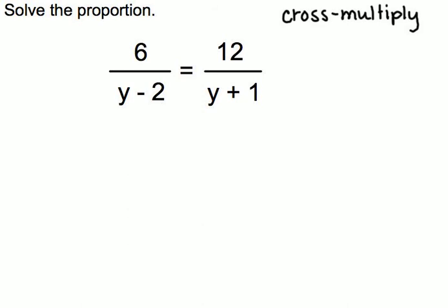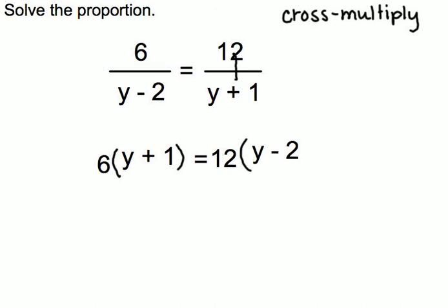And so I'm going to take a 6 and I'm going to multiply it by y plus 1, excuse me. And that's going to equal my other cross product of 12 times the quantity y minus 2. When you multiply with algebraic expressions, you do need to multiply any whole number by the quantity of that algebraic